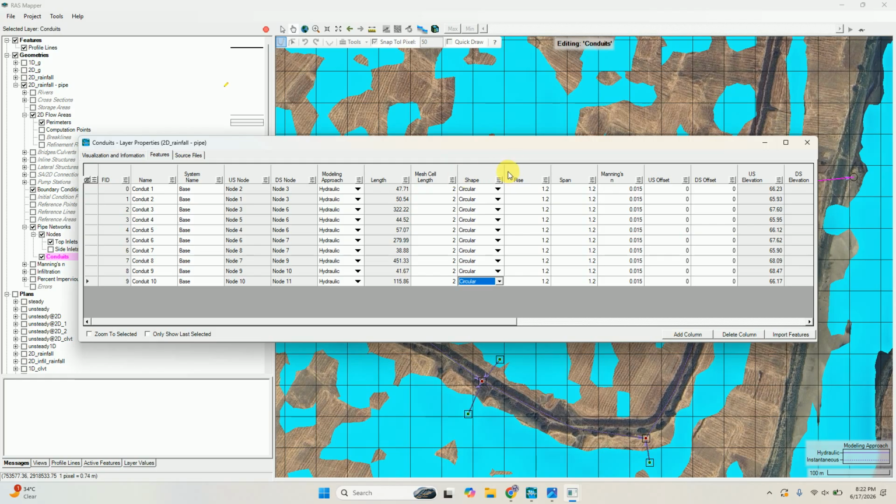Rise means this, and span means this. After that you give the shape or size of the culvert, and you have to give Manning's n as well, and then save.